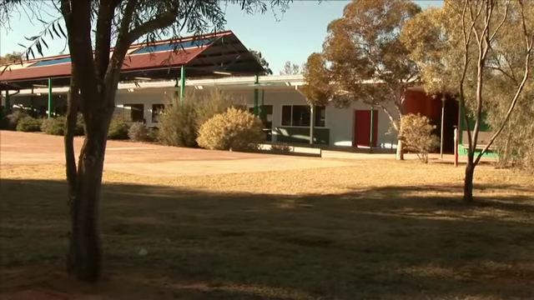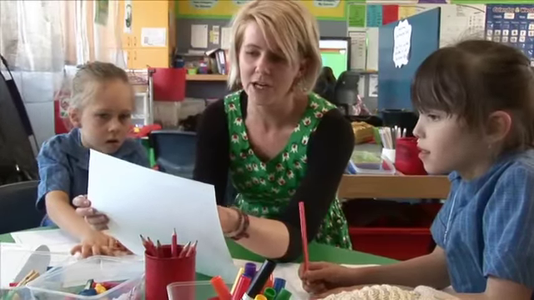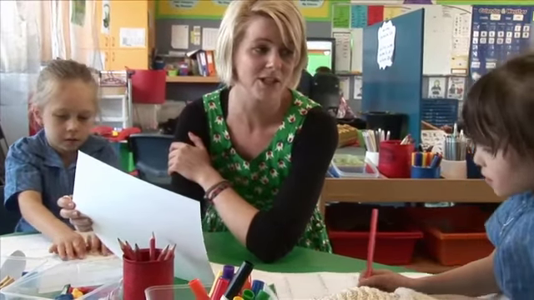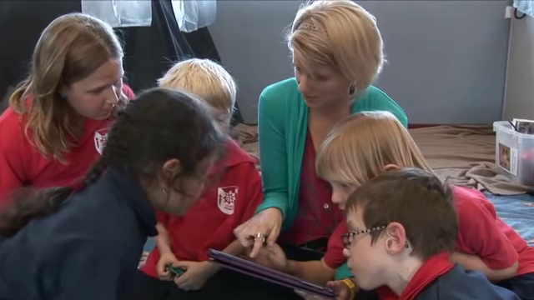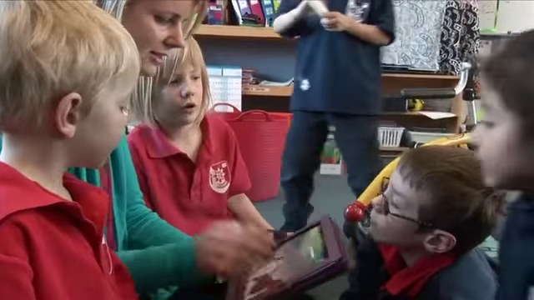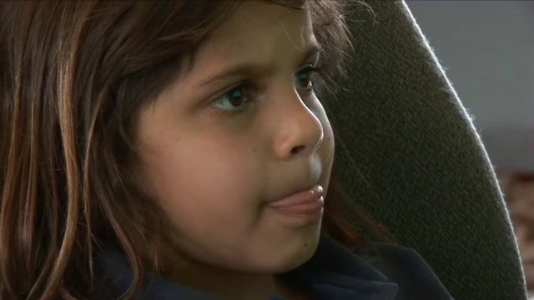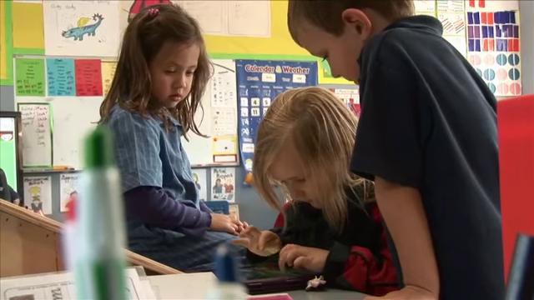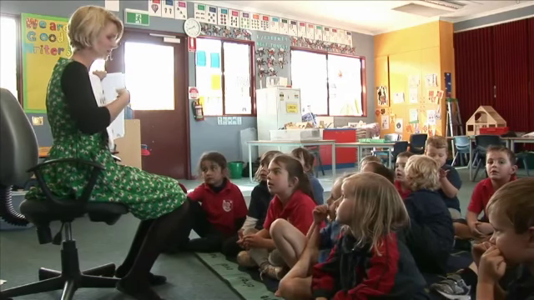Kenzie Beams teaches a transition Year 1 class at Ross Park Primary School in Alice Springs. She understands that assessment happens at all stages of the learning process and uses a range of formative and summative strategies to support students' learning, to determine what they have learnt about a particular topic or concept, and to plan and or modify her teaching.